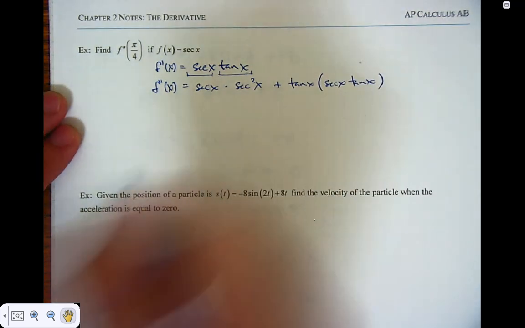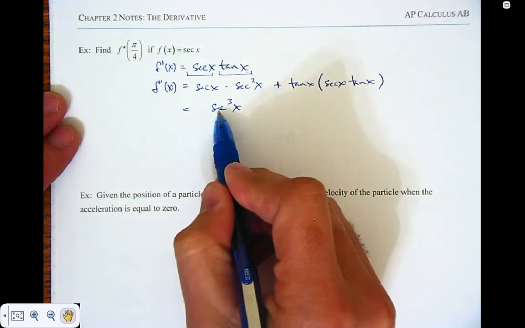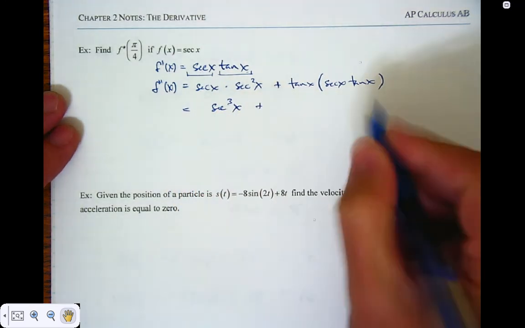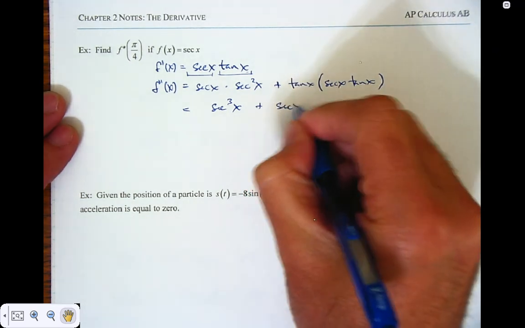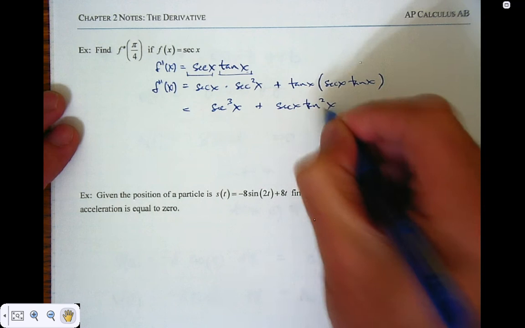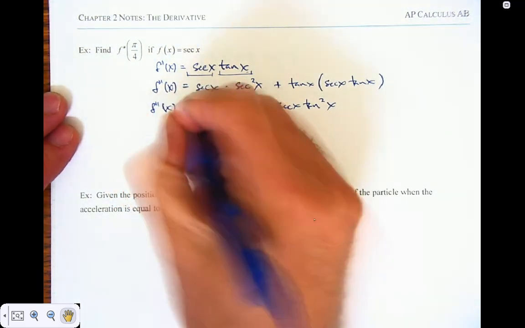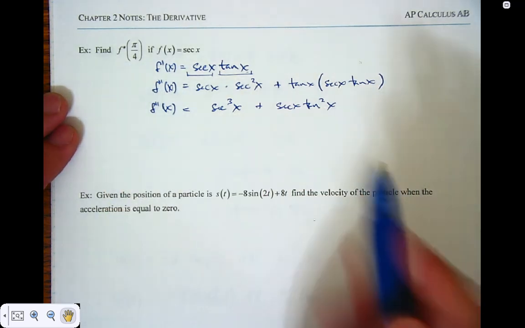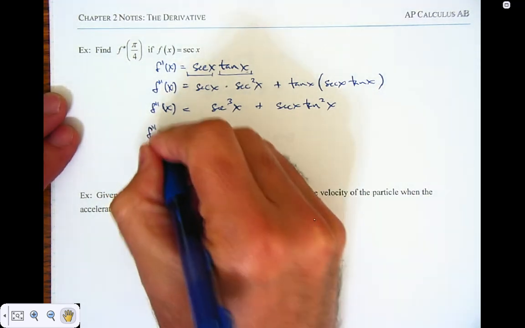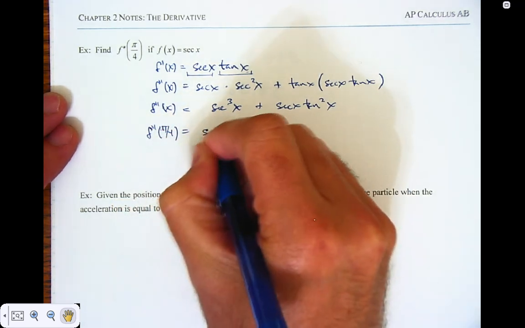Okay? So if we simplify that, that becomes secant cubed x. Remember, the cube is on the trig function. Plus, this is tangent squared secant, or secant x tangent squared x. Okay, so now we have that our second derivative is equal to that. They want to know, well, what's the second derivative value of pi over 4? So we need the second derivative at pi over 4, which tells me I need to find the secant of